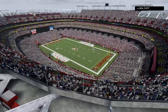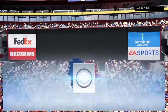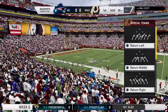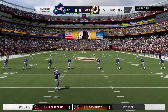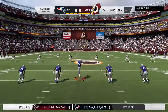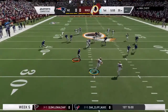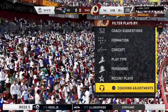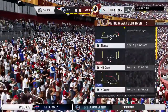We are just inside the Beltway, about 10 miles east of the Capitol Dome as we come to you from FedEx Field here in Landover. Nothing like the fanfare of introductions to an NFL game, and that was in evidence a moment ago. Fireworks, pyrotechnics, you name it. This crowd is ready as their guys get set to match up between the New England Patriots and the Washington Redskins. And they're going to wind up with pretty good starting field position as they get it up past the 35. At their own 36-yard